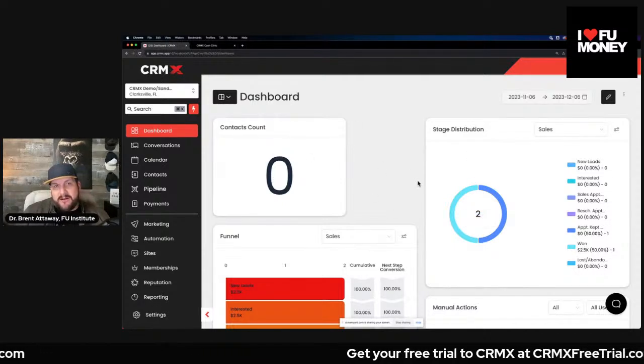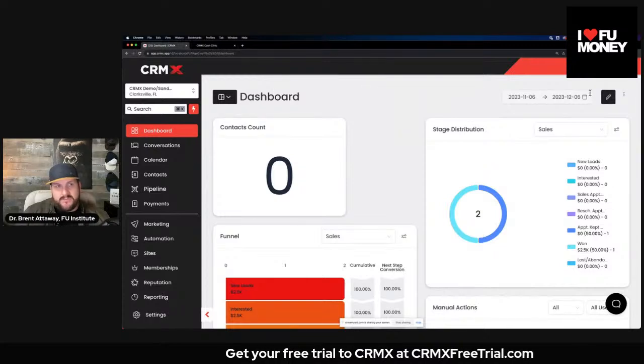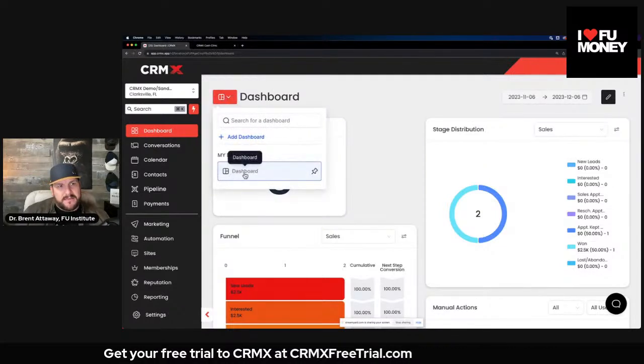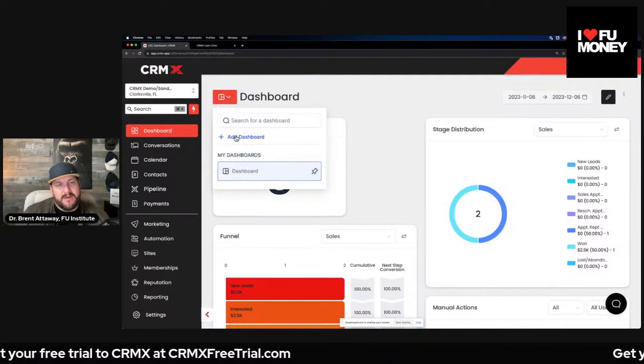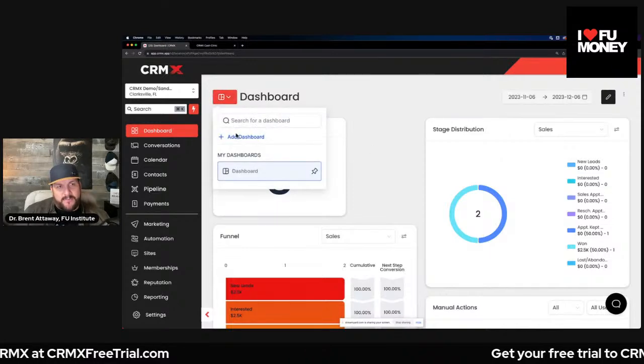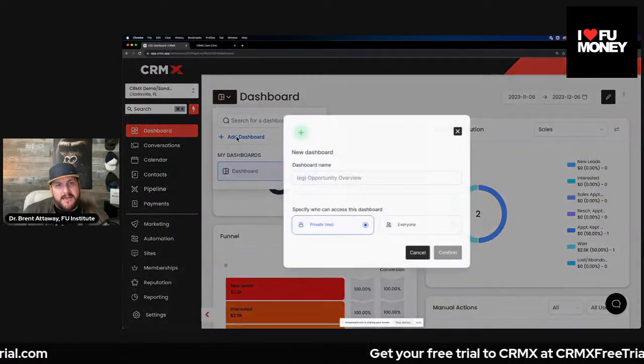First, you can have a generic dashboard. Let's call this just your general dashboard. And you can see right here, see how I have these, and you can even pin them. But two, you can add another dashboard by going like this, and you can call this one,